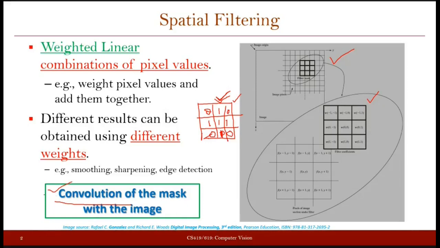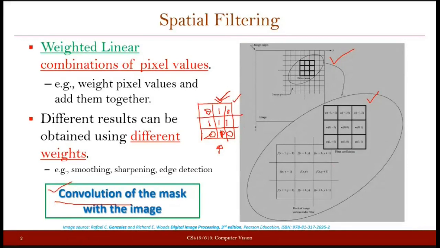So, if you are saying that in such cases, we are saying that you are convolving the filter. You are convolving the image with the help of a given filter. It is the same as saying that you are filtering the image by the given filter. Because what is the normal procedure of filtering? It is just taking the filter and placing it all over your image at possible pixels, and then computing the new values for pixels.